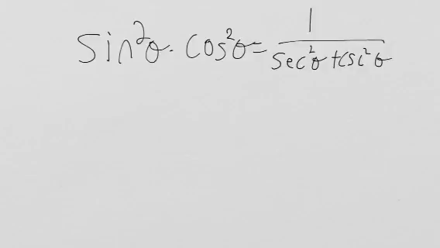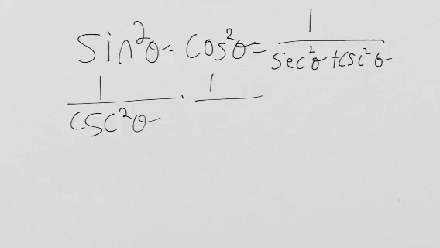Alright, so 15, let's talk about this. We don't have to do a ton of algebra, but we can look at the algebra to see why it makes sense. So sine squared can be rewritten as 1 over cosecant squared, because they're reciprocals. Cosine squared can be rewritten as 1 over secant squared theta. So then, remember from the last problem, last video, we showed that cosecant squared times secant squared